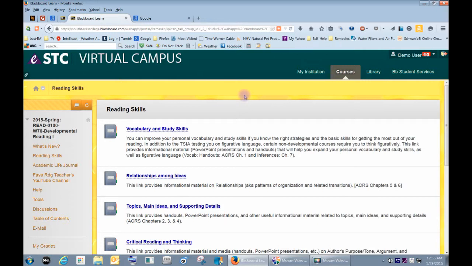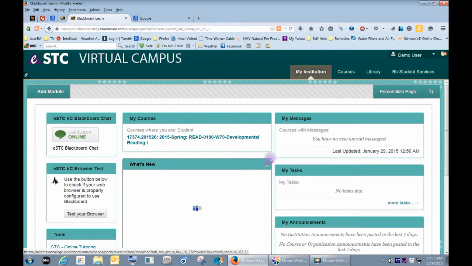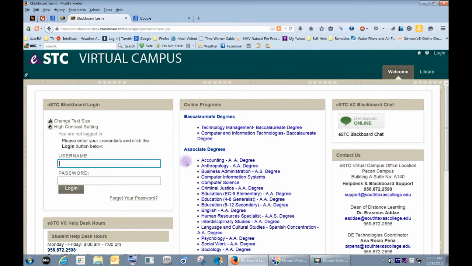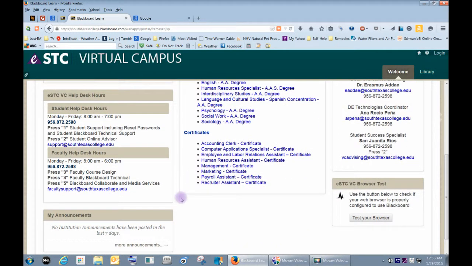Okay, on that note, I'm going to go back out to the Courses tab. I'll usually go back out to the Courses tab. And the Courses tab doesn't really have a whole lot there. My Institution tab has much more, and it's more colorful, as you can see. So when I log out, demo user logging out, it shows the login, and then if demo user has any problems,